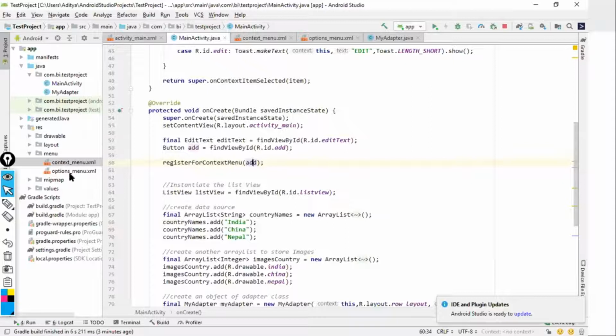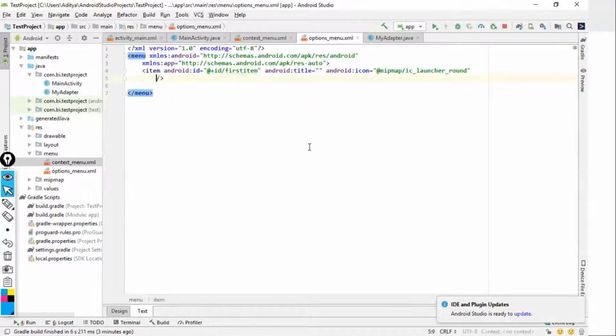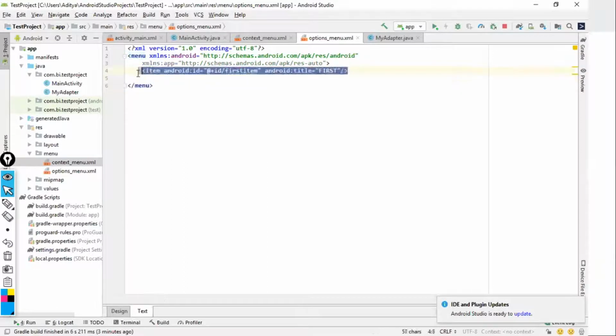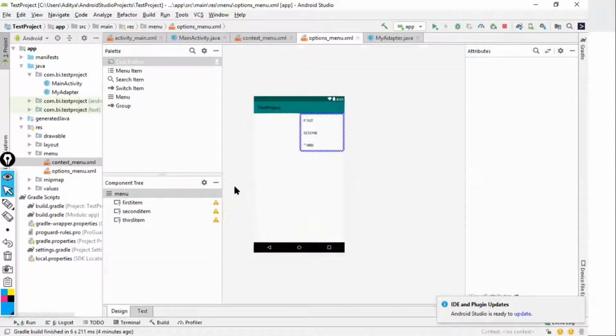So now, in order to show you the reusability of the code, I'll just go with the options menu file only. For showing the pop-up menu, I'll be using the same layout as that of the options menu. As I said, we can do that. There won't be any issue with it. So I'm using the same layout of options underscore menu.xml file, which is looking like this.